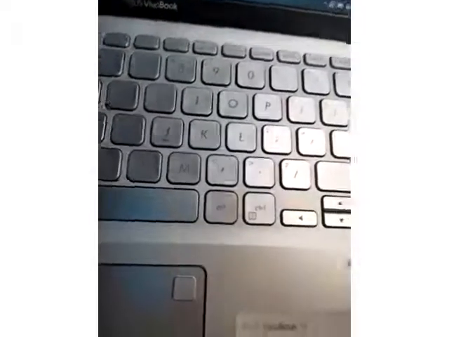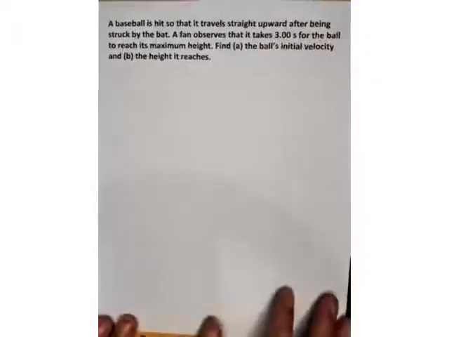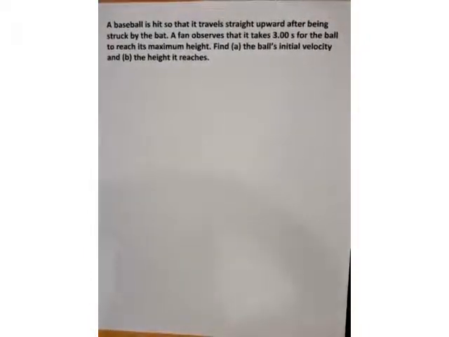Ay, may tumatawag kasi. Ayan. So let's have this example. Okay, so okay lang, Kian. Okay, so let's have or solve this example. So yung una ay,